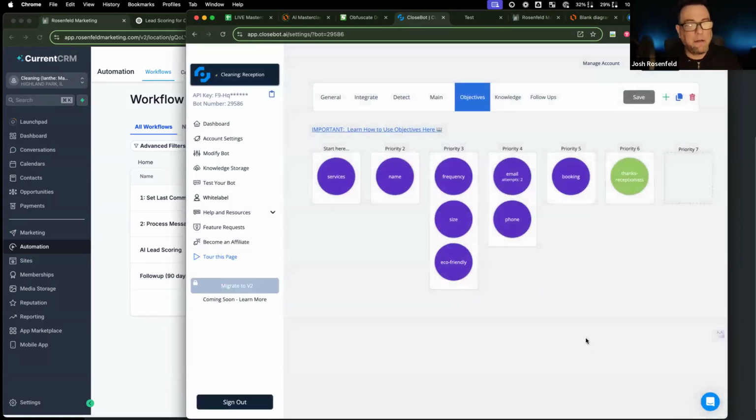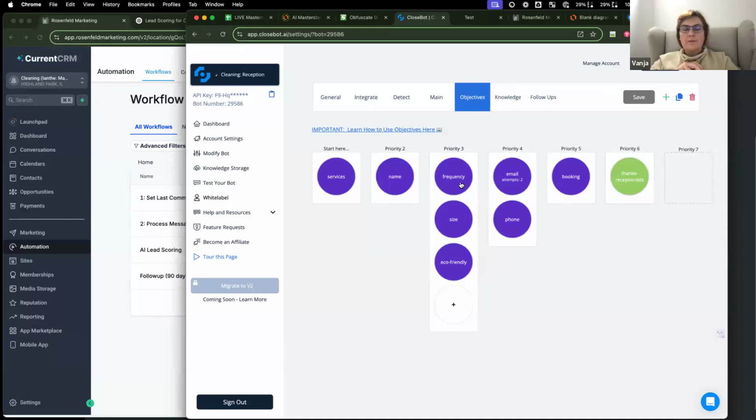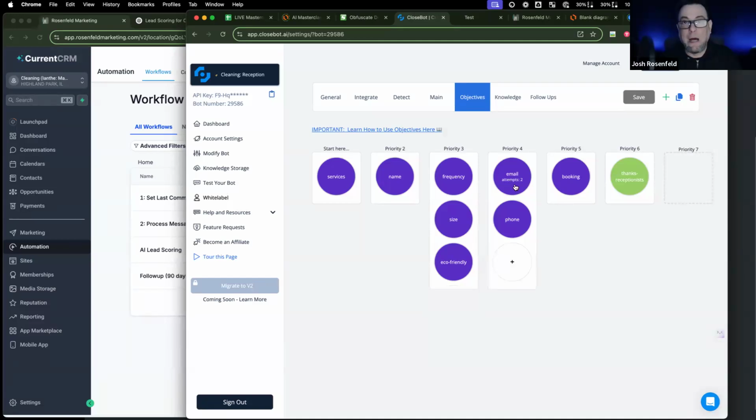Now, I will say that there are some things I don't like about Closebot. Lots of people don't, and we've developed around it. In some of my trainings in my group, you'll see that if you're going to use a bot that transfers to another bot, you have to have a question that overlaps on the last one and the first one so that Closebot can switch fast enough, because he sped it up so fast that it's moving too quick to know that the goal accomplished was checked off sometimes. So you can't even use the goals accomplished with confidence to route and switch,